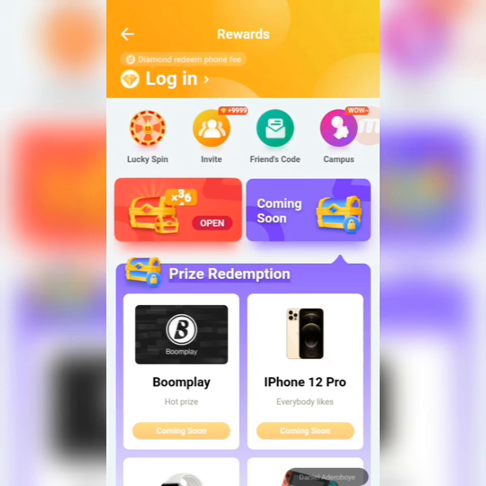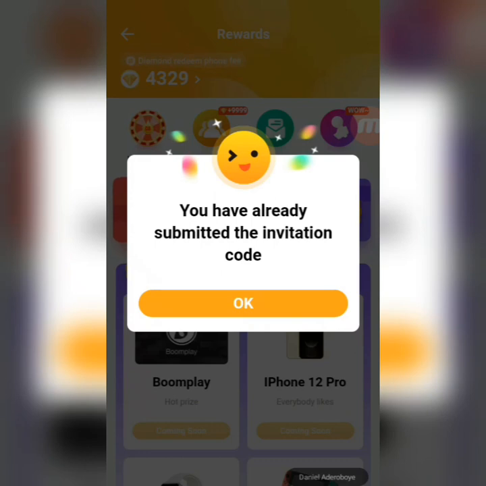Then when you're back, I'm going to give you an invite pin. When you put this invite pin in this place, you can see friend code. So when you look up here, you see where they put friend code. Can you see it up? After this login screen, invite, you see this green spot where they put friend code. So you just click on the friend code and put in my own code. So now they say that I've already submitted the invite code.